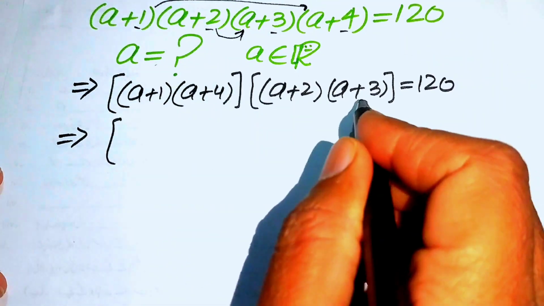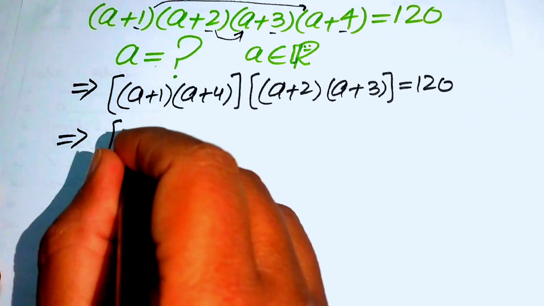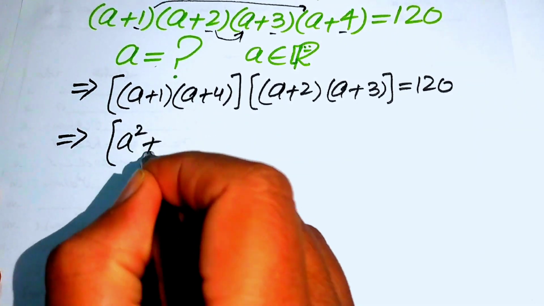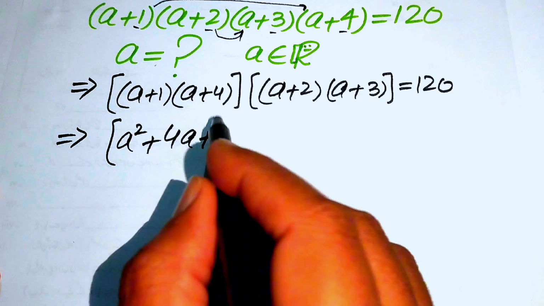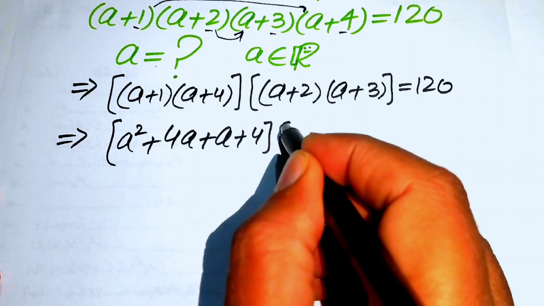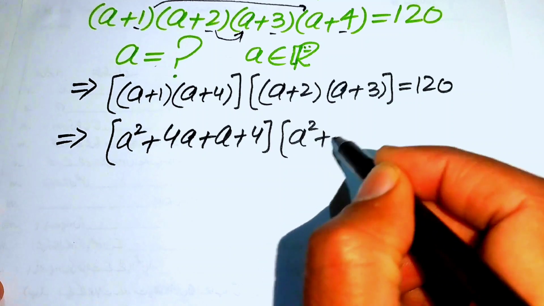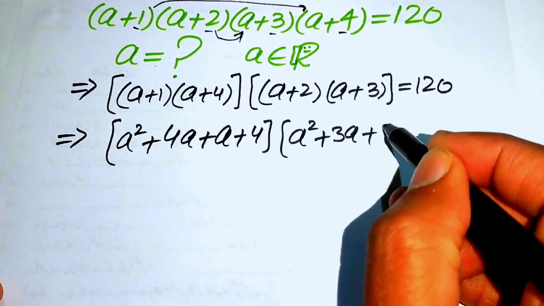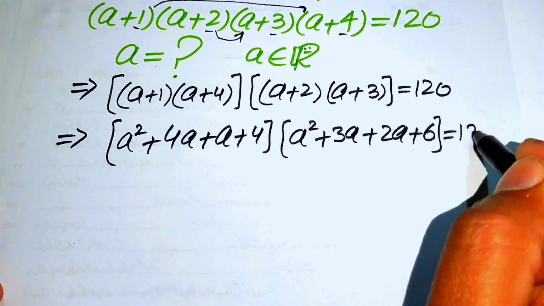In the next step we multiply these factors and these factors as well. When we multiply a on both factors, we get a square plus 4a, and we multiply 1 on both factors and we get a plus 4. Similarly, we multiply these two pairs and we get a square plus 3a plus 2a plus 6, and this whole equals